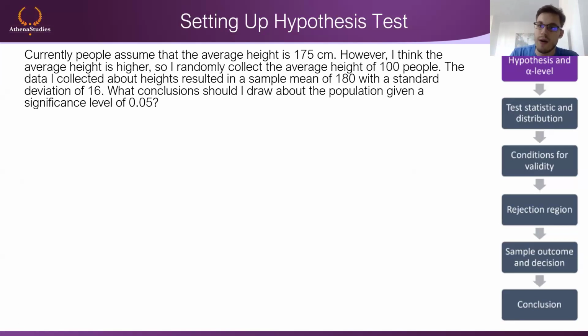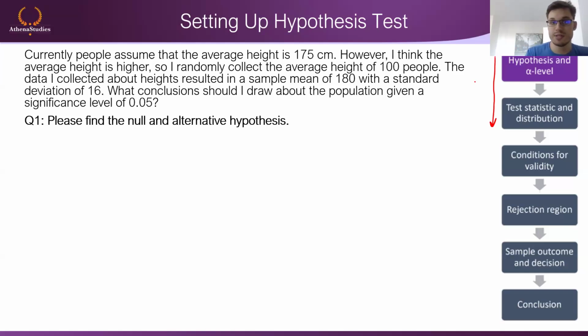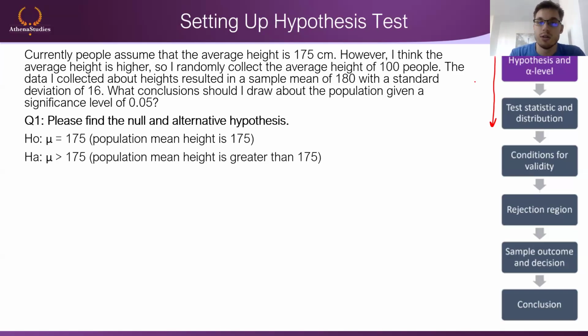Now, you see here, you have a step-by-step guide on how you should do things. The first thing we do is set up our hypotheses, our null and our alternative. Our null is that the average is 175, while our alternative is that it's higher. So we just say mu is bigger than 175. Now, I'm going to go pretty fast-paced, so if there are questions, unmute and ask. You don't have to raise your hands now.